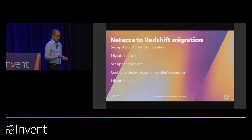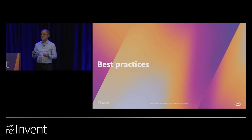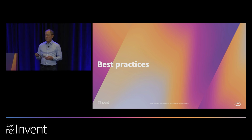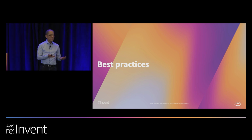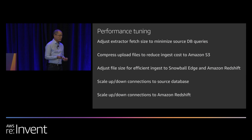Okay, so what I'd like to do for just a few minutes is talk to you about some best practices that you can apply as you start your data warehouse migration journey. These best practices are applicable to Netezza migrations like we just saw, but really to all of the data warehouse sources that Ramya described to you earlier. So, first and foremost,